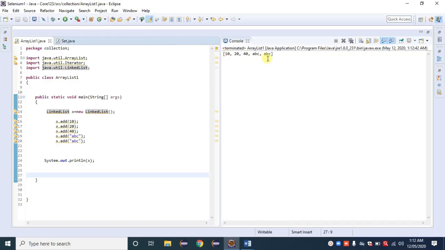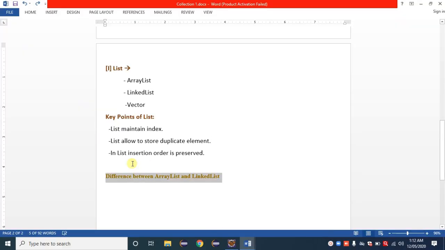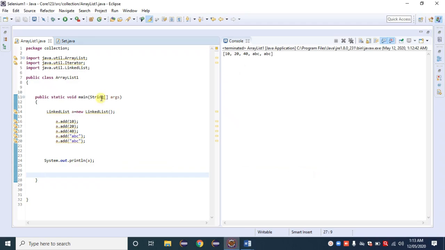Okay, so their difference I have given by using a chart here. You can observe that chart here. Okay, how to call them, how to access, how to put values, all the things remain the same for ArrayList and LinkedList. Internally, what the different things are, that total I have given here. You can read that and act as per the given things.